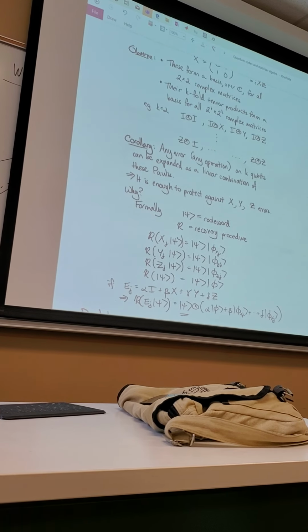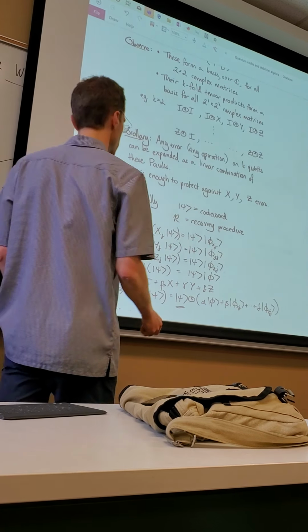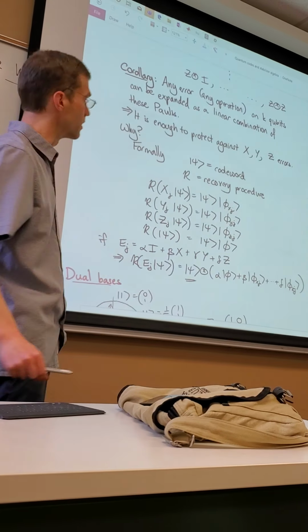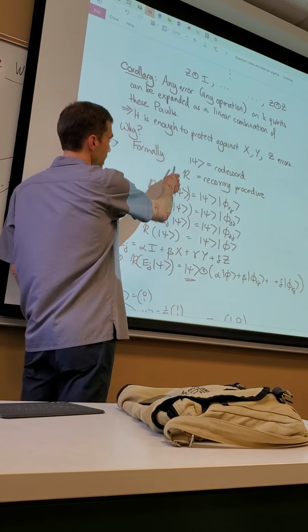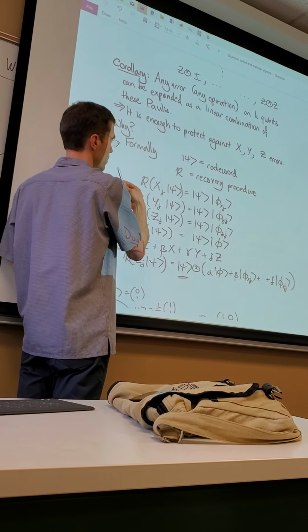This is sort of what it looks like. This is a very crude illustration of it. So psi is my encoded state. Then we have some recovery procedure that works on Pauli errors, and so